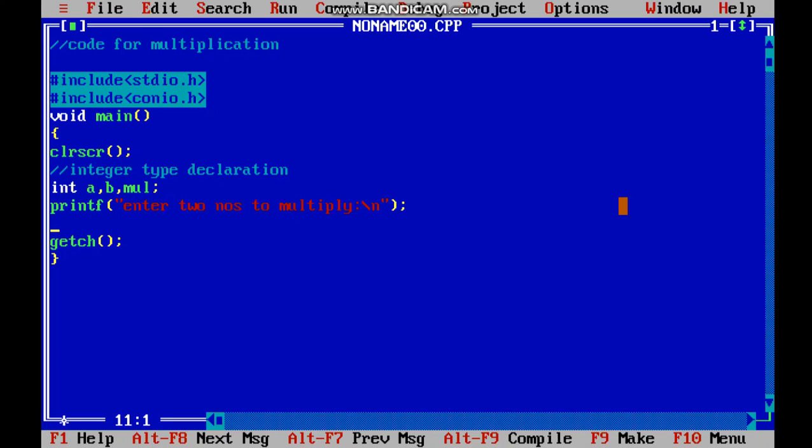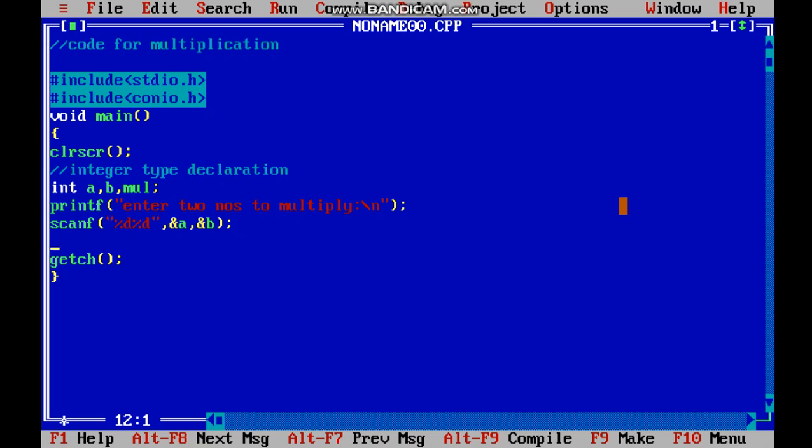Now second, what I have to do is take input with scanf. Basically you are seeing that in every program we are using scanf to input two numbers with the same variables A and B. Now I told the user to input two numbers, and we also got the numbers in A and B. Now we need to apply the algorithm.